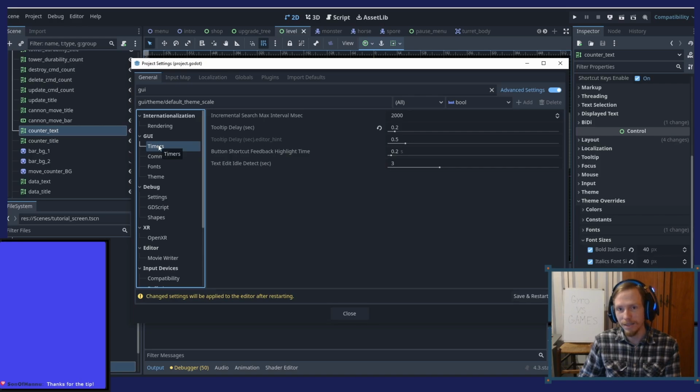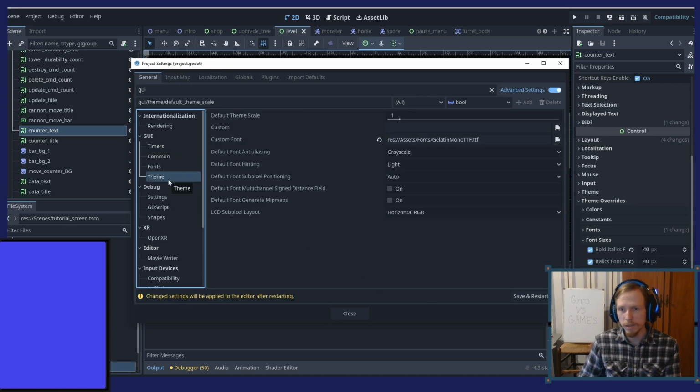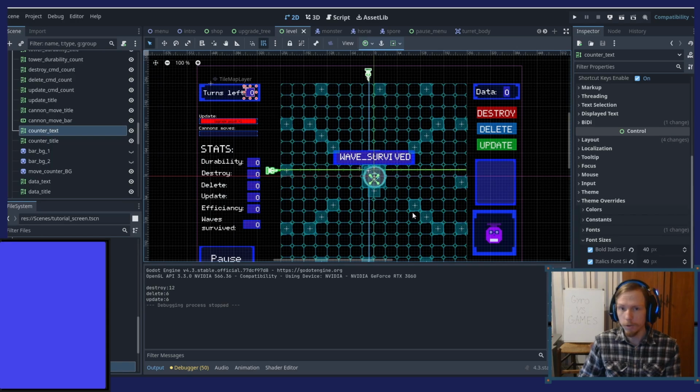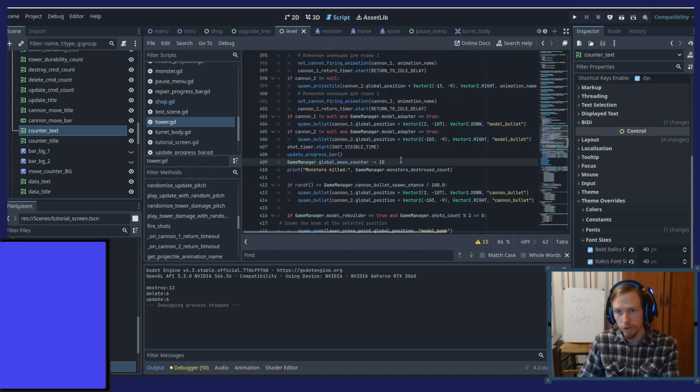So here you can work with timers. The basic one is half a second. I changed it to 0.2 seconds, so they would appear earlier. But you can do whatever you want with them. There are some ways of working with the themes. I haven't figured it out yet, but I'll do it later. So that's the plan for the future.